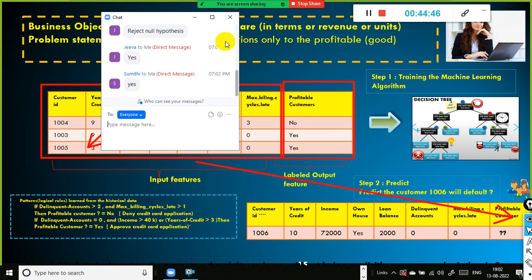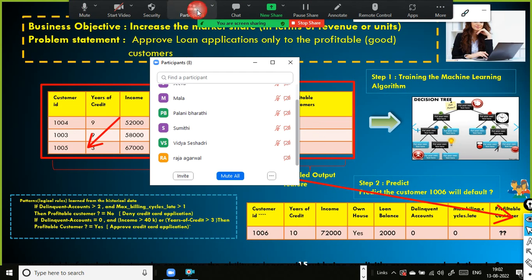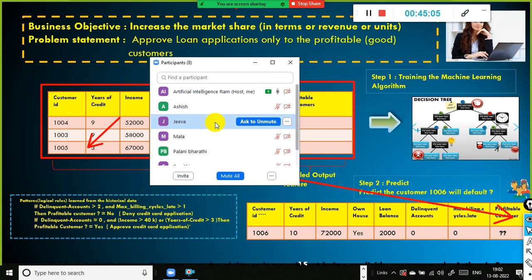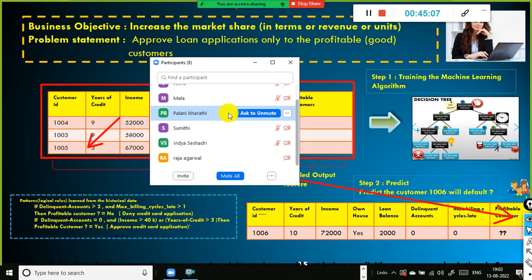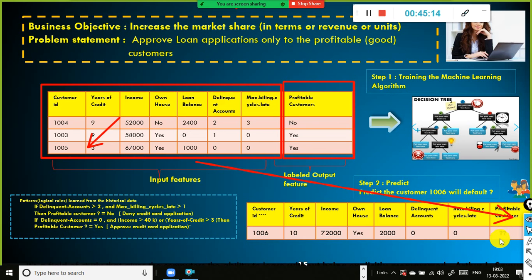Or if you think you are exhausted, you tell me, we will wrap up, okay? At least 1.5 hour, right? Sumati, you are correct. Jivanandam correct and Sumati correct. And Mala says yes. Predicted output, the predicted label output, yes. How about Palani? Palani, are you able to understand or not? Simple. If you concentrate here, you should be able to understand. So, okay. Okay, fine. So far, the majority of you have given the predicted label output as yes.